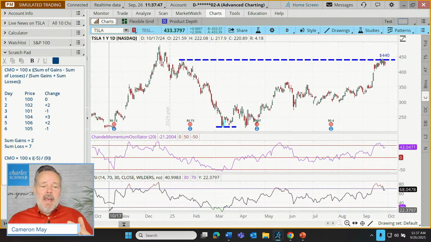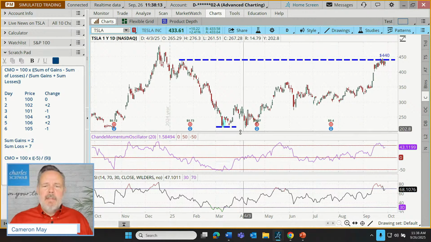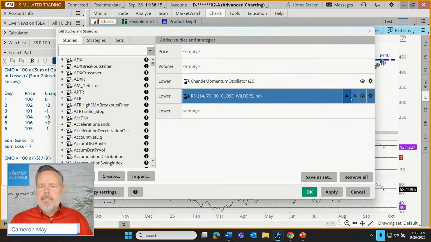The RSI tends to have faster signals, for better or for worse. The Chande tends to have slightly slower signals, for better or for worse. If you want to do a more in-depth comparison, you can bring this up on a series of stocks and see if these refinements of a day or two or three on those entry and exit signals are adding up to a contribution to performance, or detracting from it. All right, but let's take our RSI off of there.